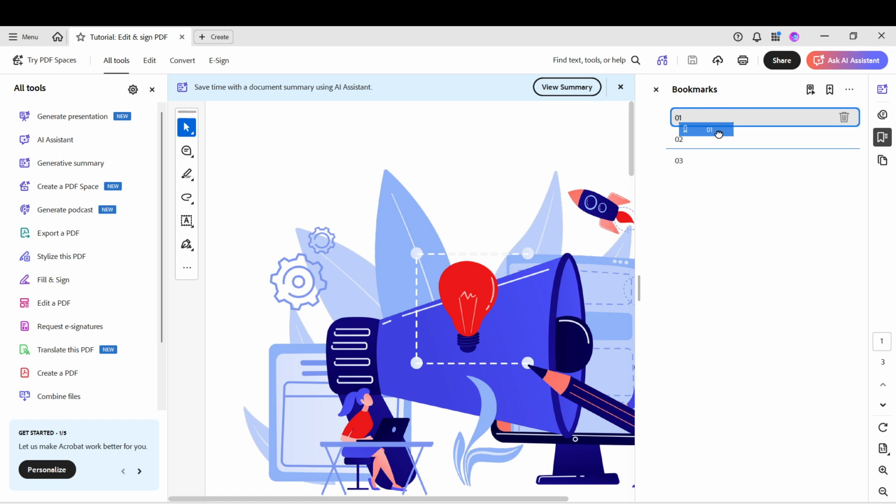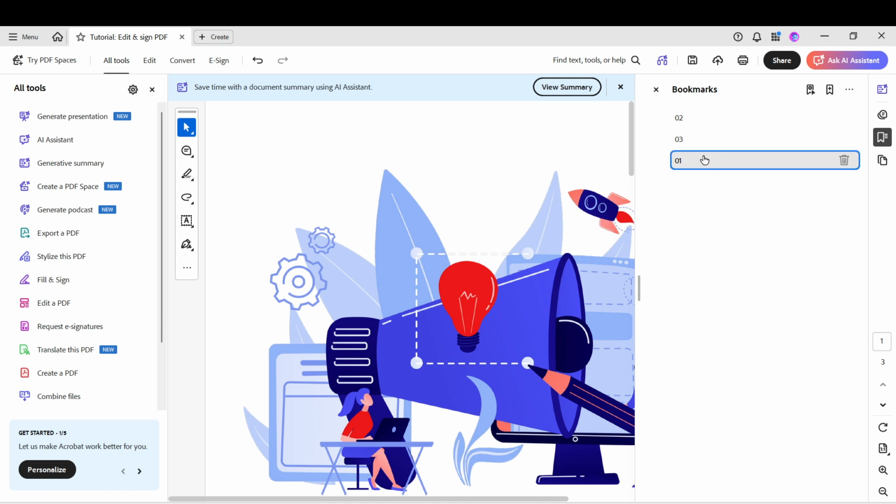Now click and hold your mouse button on the selected bookmark, then drag it up or down within the list. As you drag, focus on the long black indicator line that appears. This line shows exactly where the bookmark will land when you drop it. If the line is aligned with the left edge of similar items, the bookmark will sit at that same level. If the line is slightly indented under another bookmark, it will become a child of that item. Use this as a visual guide for precision.